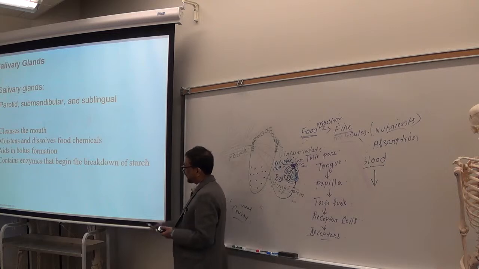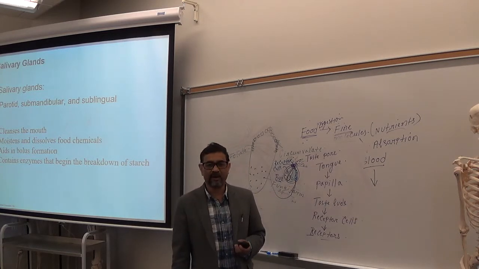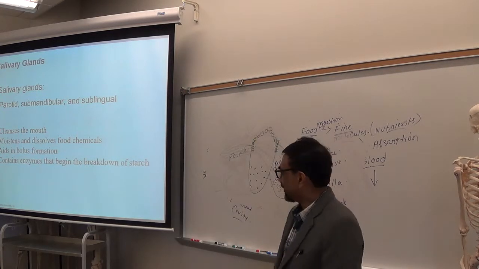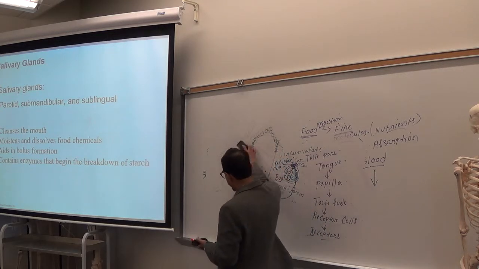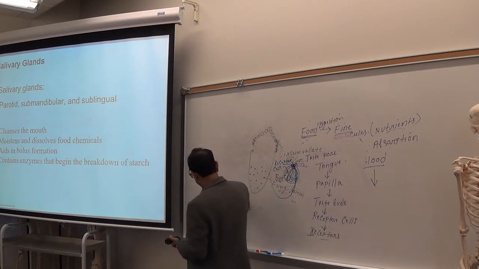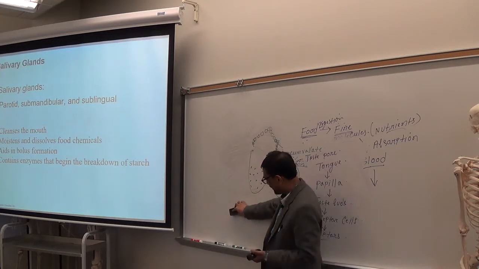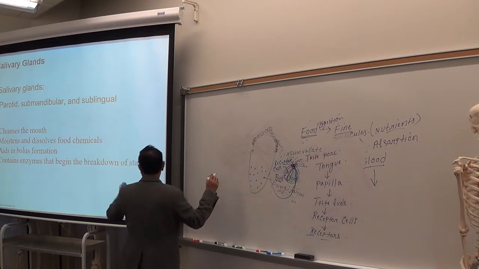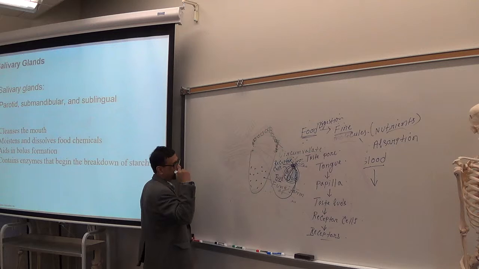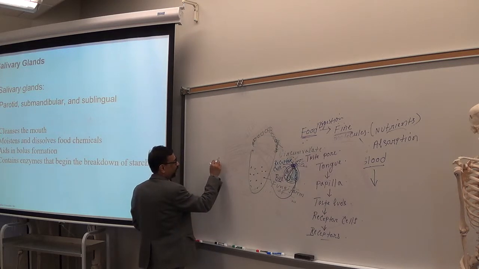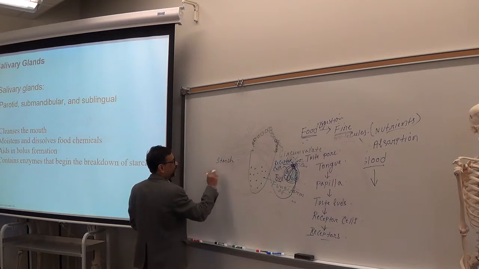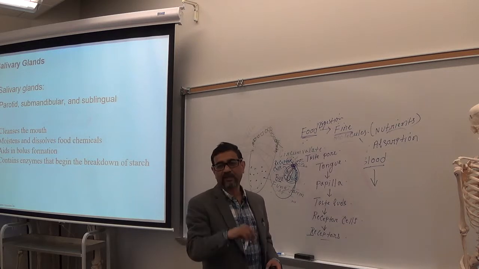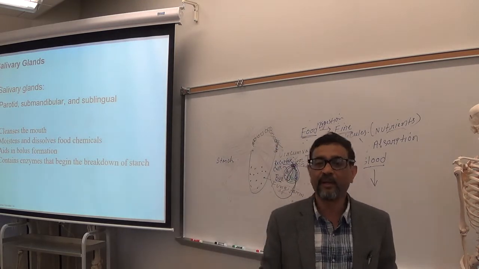Saliva contains enzymes that begin the breakdown of starch, the carbohydrates. So saliva has the chemicals that help carbohydrate digestion, chemical digestion in the mouth. Now, in the mouth, you have salivary secretion that breaks the starch or carbohydrates, and also another secretion occurs in the mouth that is called lingual lipase.